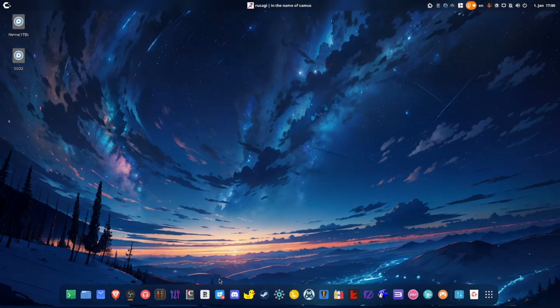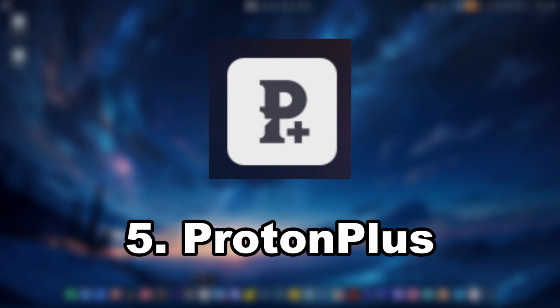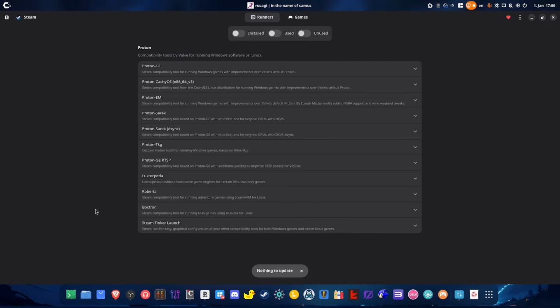At number 5, we have ProtonPlus. ProtonPlus is another useful Linux app that allows you to install Proton builds, as well as Wine builds, DXVK builds, and VKD3D builds. So for example, if you have a Steam game and let's say it doesn't work with regular Proton or Proton Experimental for whatever reason, then you can use this to install, for example,